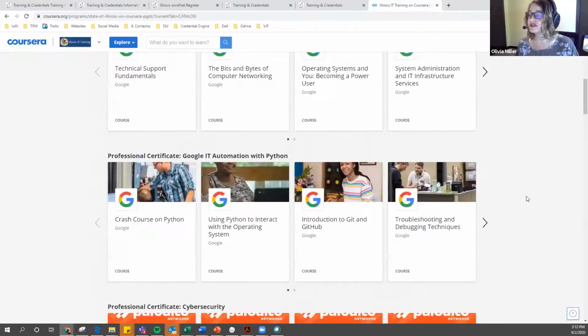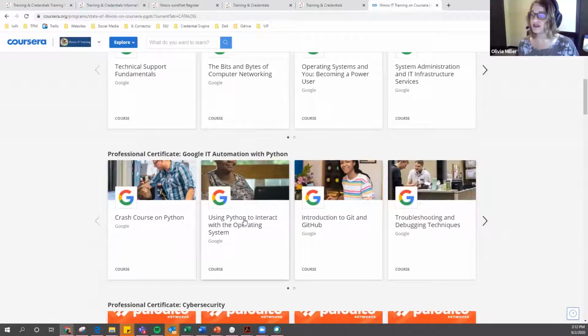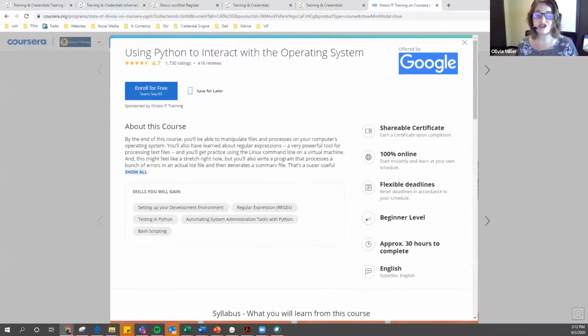As you're viewing these different courses, you're able to click on each of these individual courses to find out more information about the specific course. So this information page is something you're going to want to make sure you're taking a really close look at as you're trying to determine what courses are going to be the best fit for you all. This information page allows you to see the different reviews for individuals who have completed this course. You can also identify who this course is offered by. So for this one, it's offered through Google.